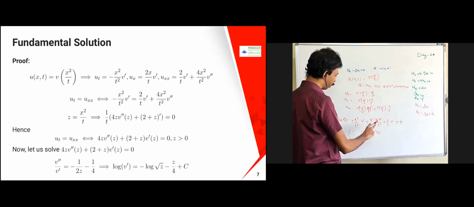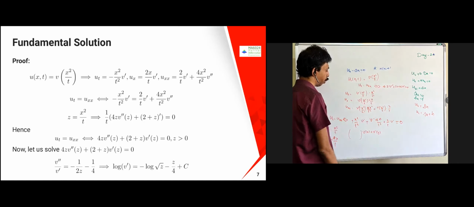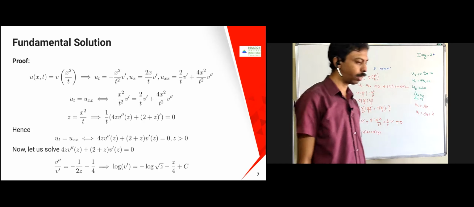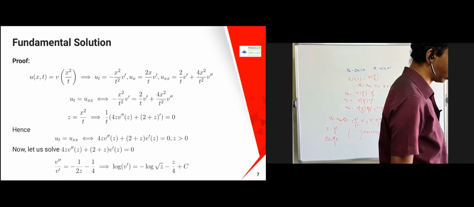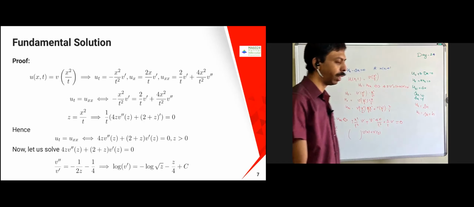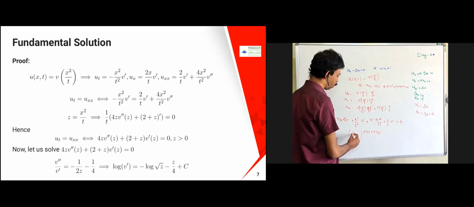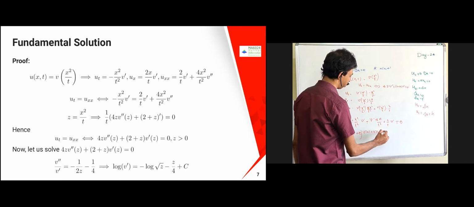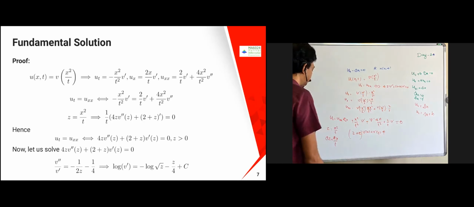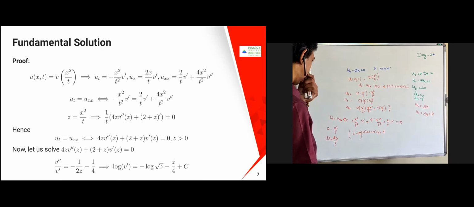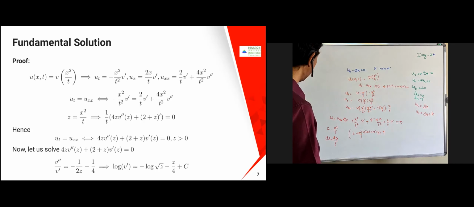Therefore, this is going to become 4z into v double dash of z, and then 2 plus z into v dash. Here there is a 4. So you substitute over here, then you are going to get this one: 2 plus z into